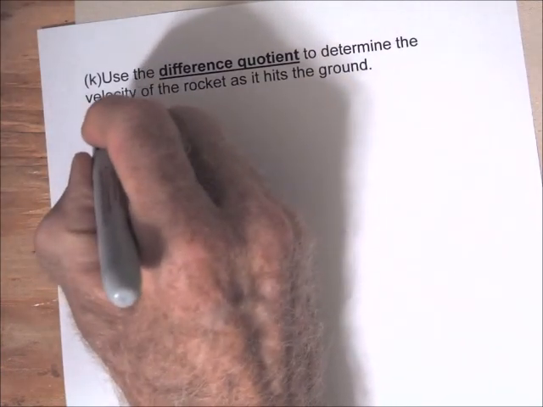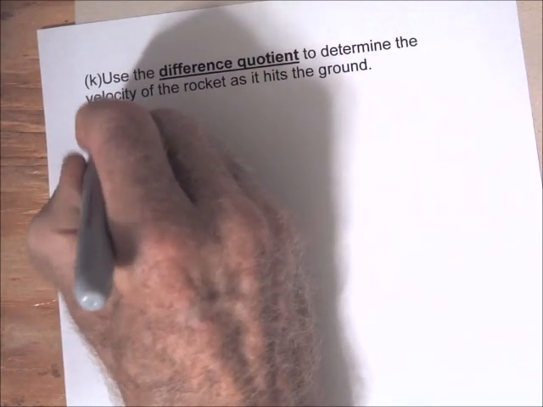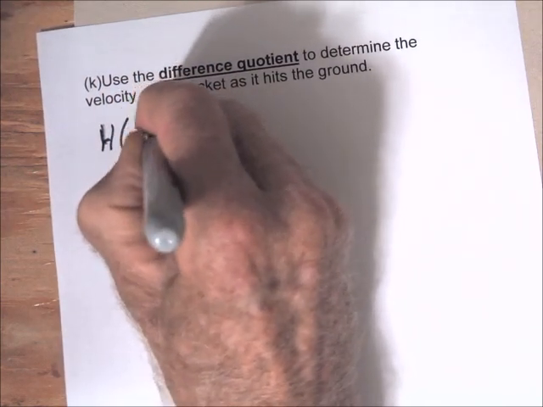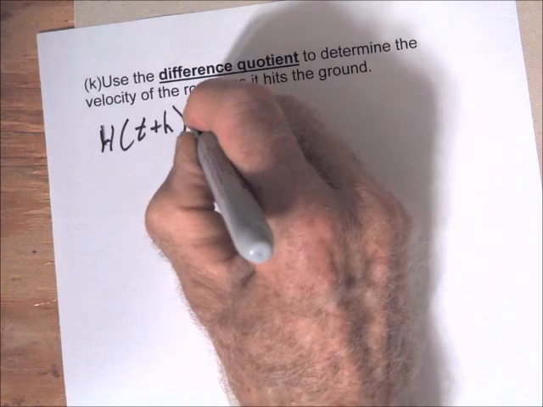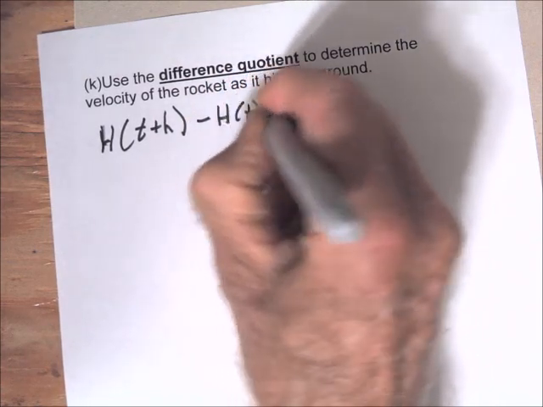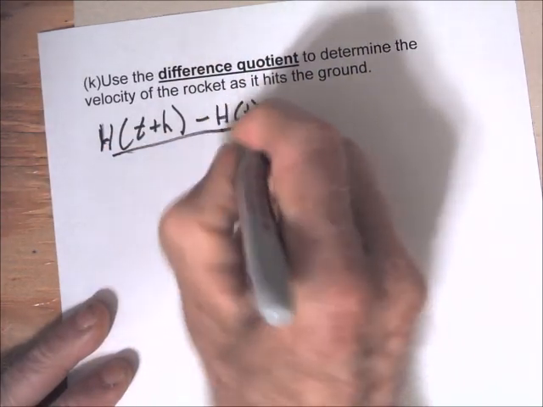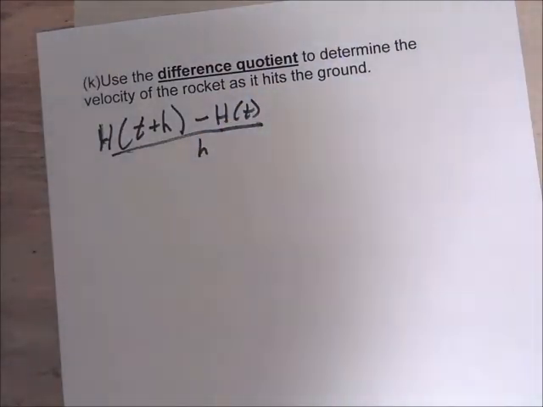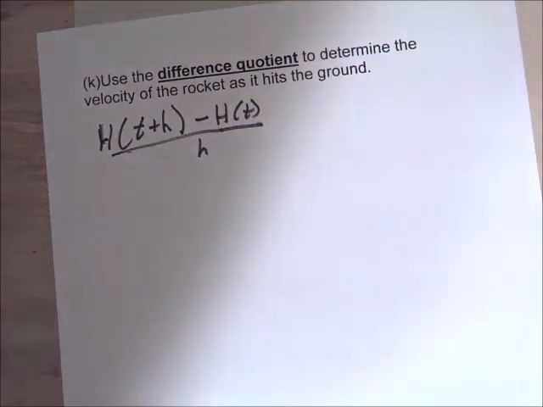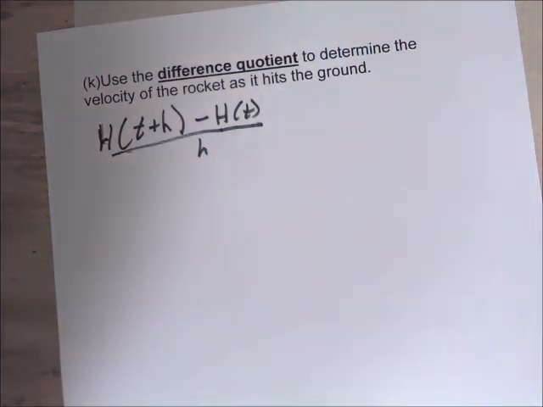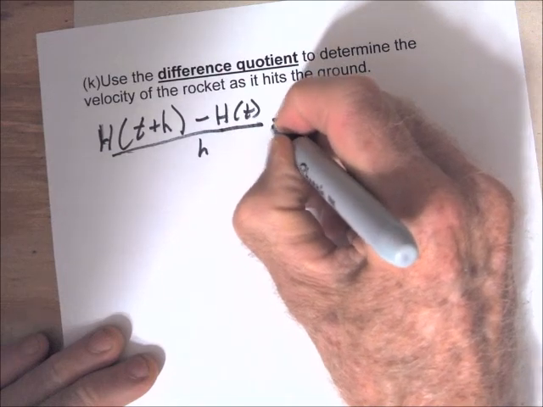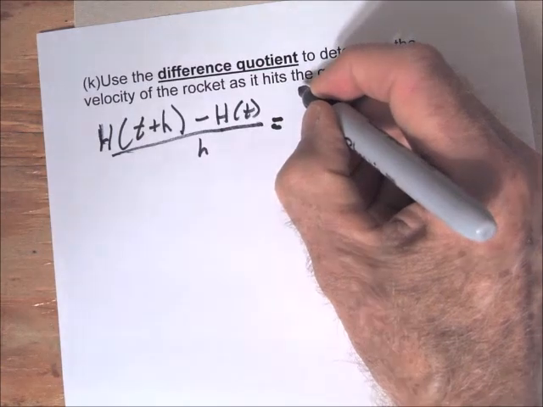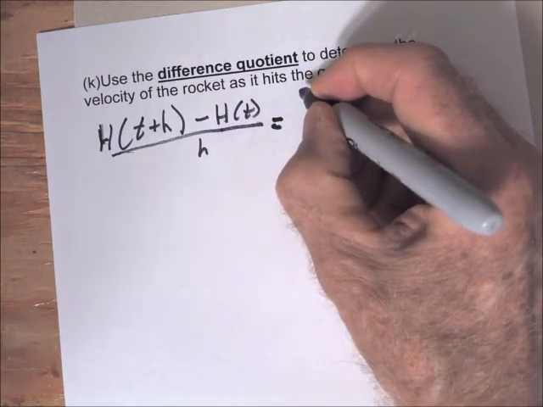So it's going to be h of t plus h, we'll have a capital H and a little h, minus h of t over h. So that's the difference quotient. So h of t plus h is going to be minus 16 times the quantity t plus h squared